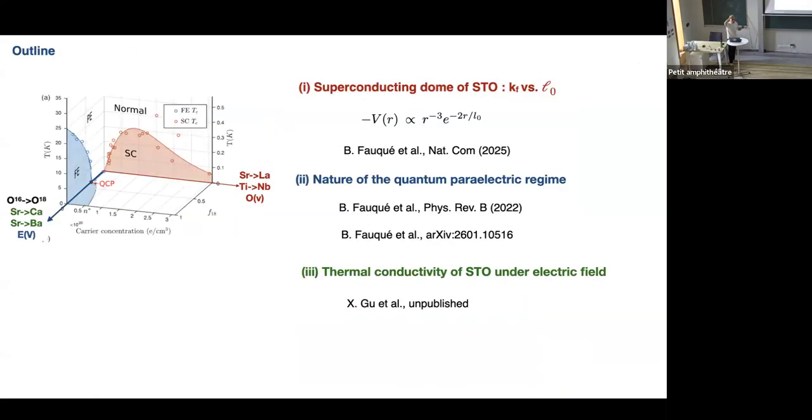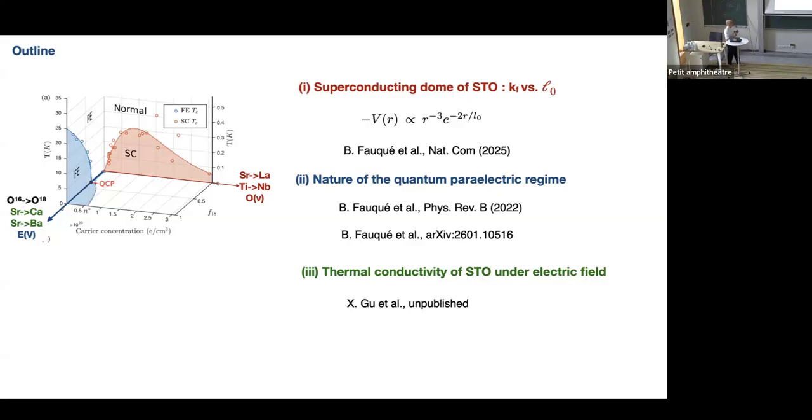Okay, so this was a kind of introduction on this complex phase diagram. You have superconductivity, ferroelectricity. You can combine both effects. And now I decide to talk about two subjects. One is how this L0 quantity, the length scale that sets the pairing length scale in real space, evolves when you add some electrons to the system. And in the second part, I will come back to this quantum paraelectric regime and show you that